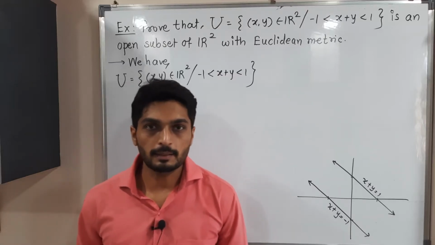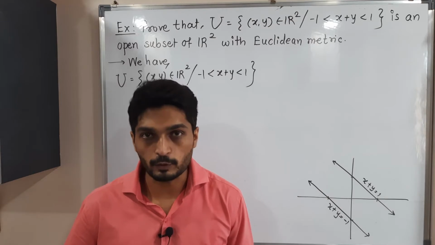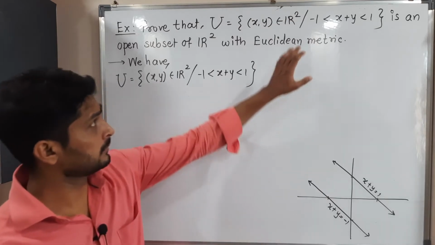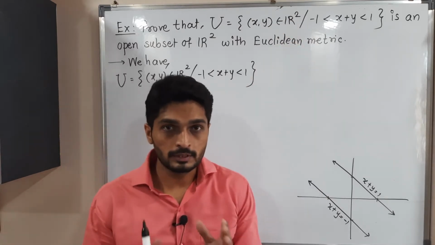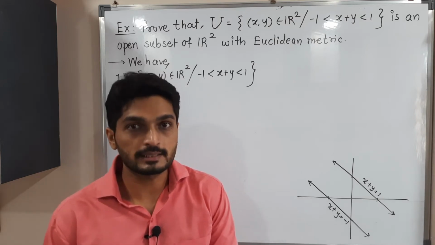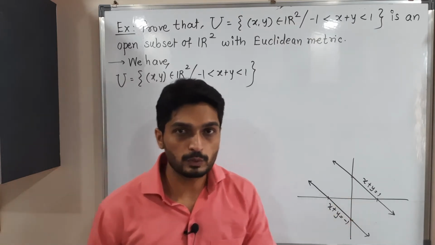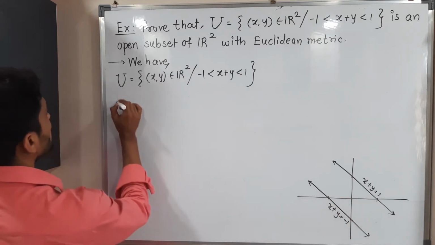Let us discuss this example. In this example, we have a set U and we have to prove that it is an open subset of R2. If you see the definition, it shows it is a region bounded by two lines, x plus y is equal to 1 and x plus y is equal to minus 1. So I will clearly mention here